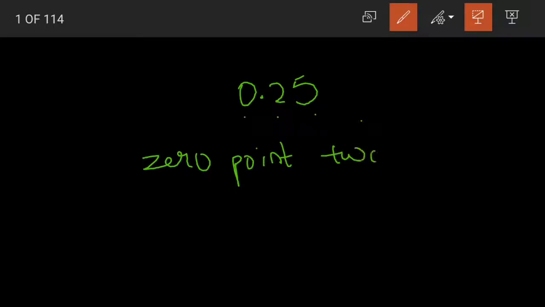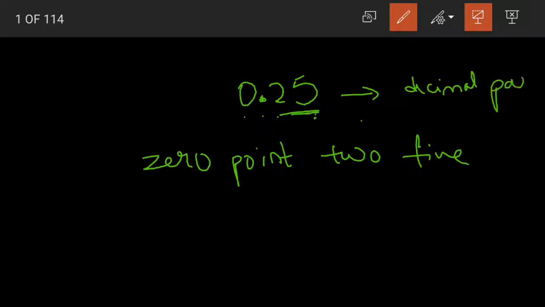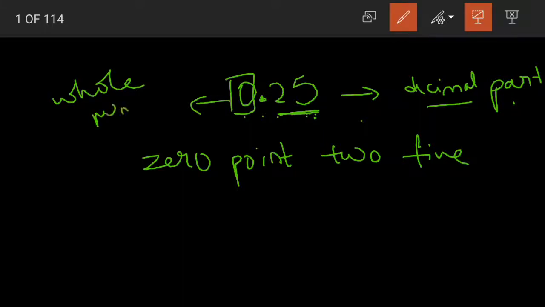Is it clear? Let me write it here again. Suppose we have the decimal number 0.25. How will we read this? 0, then the point, we have 2 and 5. Understood? If you notice the difference, normally we read this number as 25. But here, as these two digits are after our decimal point, that is, this is our decimal part, right children? The numbers that are written to the right side of the decimal point become our decimal part, and to the left side, that is the 0 here, becomes our whole number part.